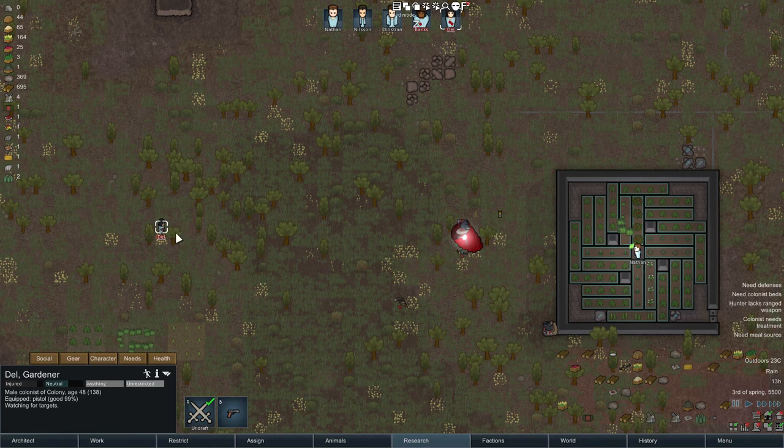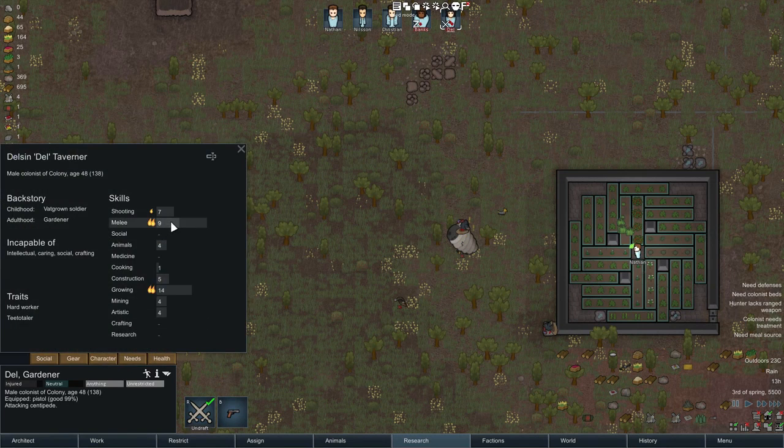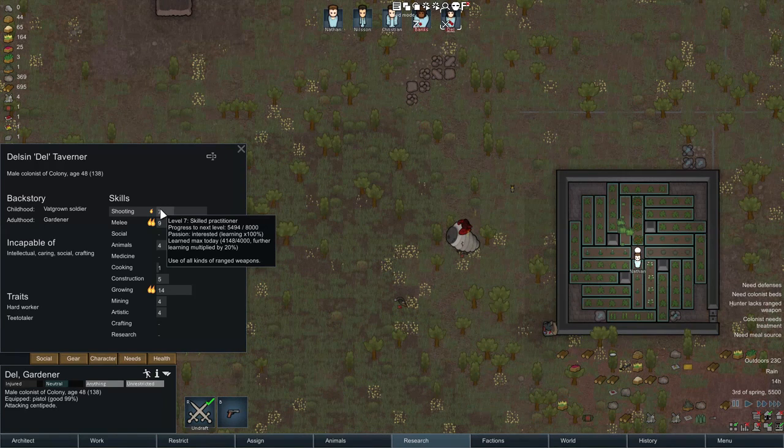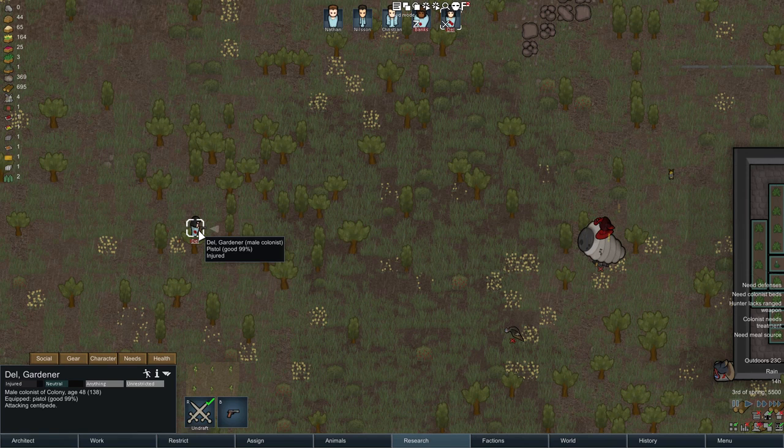Watch this. Let's go walk one square closer and then fire at this centipede. Now remember, Dell here had gotten her maximum shooting allowance for the day, so she's only learning 1/5 of her normal shooting ability. We're at 5446. Let's see what happens. 5446 to 5494. Now, something to note is that this happens especially when you're not maxed out for your allowable skill per